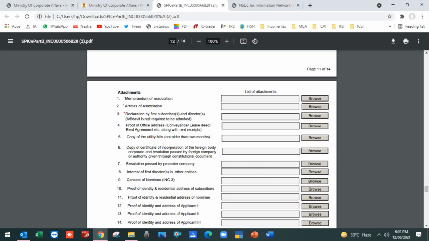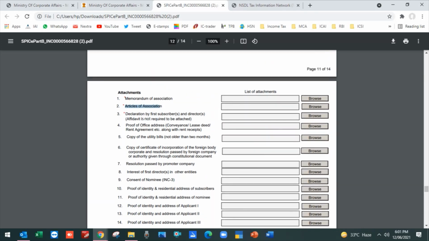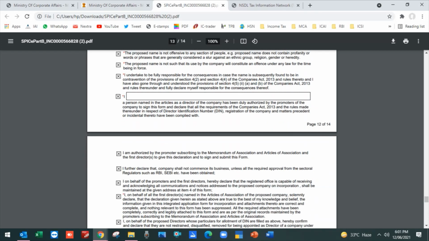Then you have to give the office address proof, which may be a rent agreement or anything else. The Memorandum of Association and Articles of Association in PDF format are applicable, depending on the company. Suppose you are going to incorporate a company defined under Section 8. If in your company one subscriber or director is a non-individual or a foreigner, the requirements would change accordingly. It is a simple approach I am explaining.